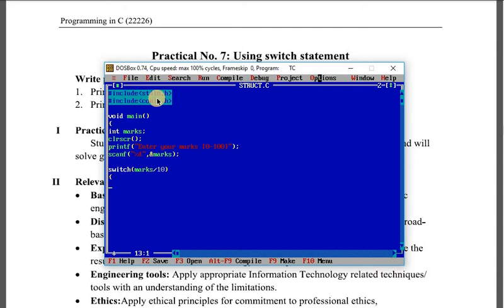So what will be the first case? Case 10 means if that particular student gets 100%, and again case 9 also means if that particular student gets marks more than 90, he can get the A grade, suppose.